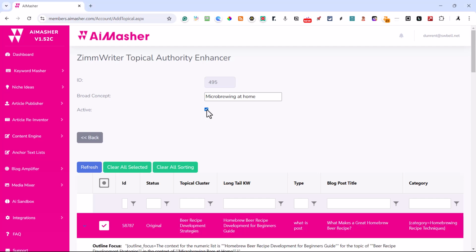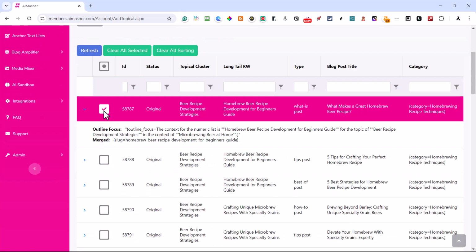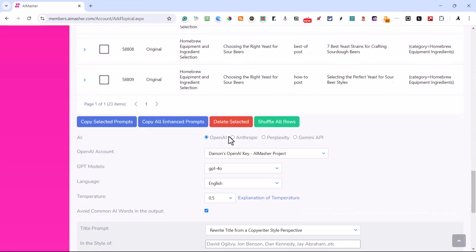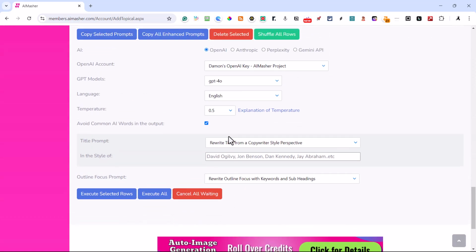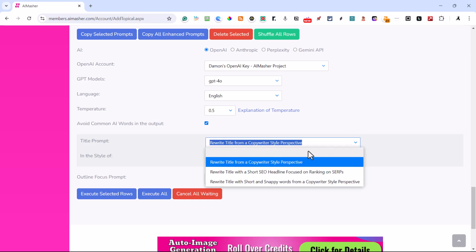Once you make it active up here, then what you need to do is come down to the very bottom and decide what you want to happen on it. So I want to just keep the original title.